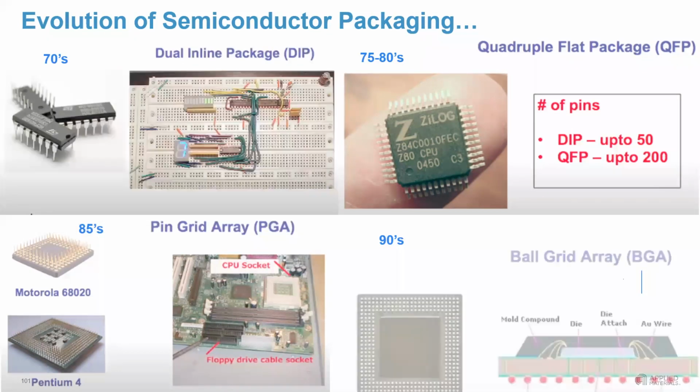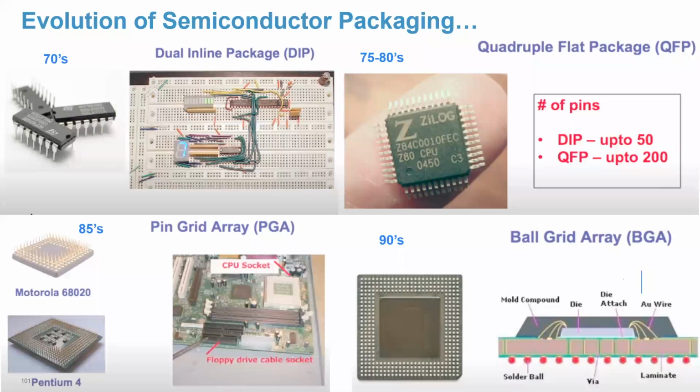And if you actually take a look at what evolved in the 90s, it is this thing called a ball grid array. And let me try and share what this is. This is something interesting. Where is the die in a ball grid array chip? This area where there are no ball grids is where the die is. And why is it that there are no connections, no ball grids laid under this die? You can get a feel from this